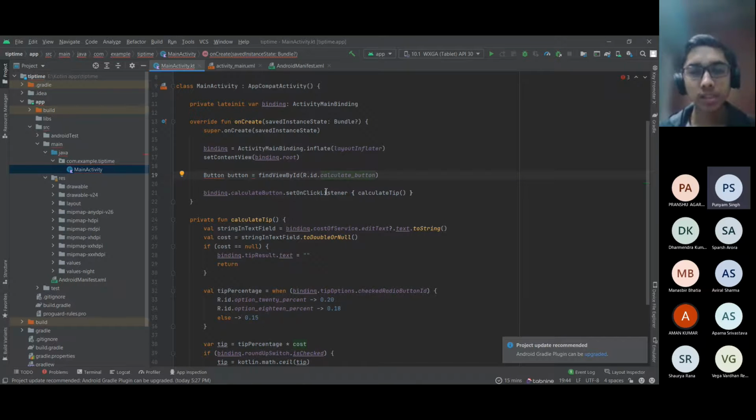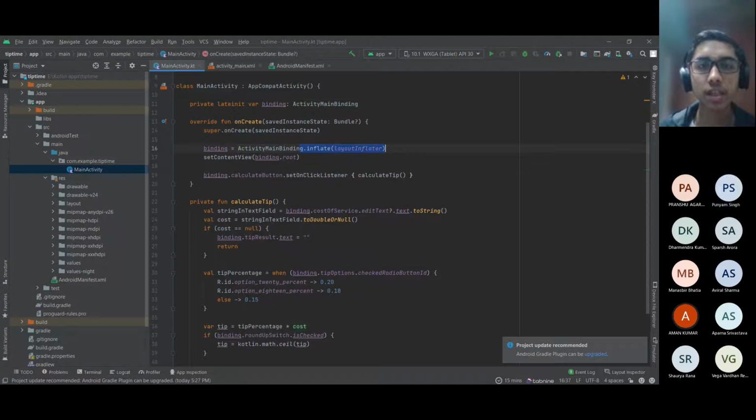You just have to declare it once in the start, and then you call this first line, which is this. Okay, we will come to that. I'll explain that also later. But first, let's see what binding does. So you'll just call this first line, and then you say binding.root. So the main view group is there, right? That is what refers to your set content binding.root. And then you say that this is our main view. Please create your UI with this.